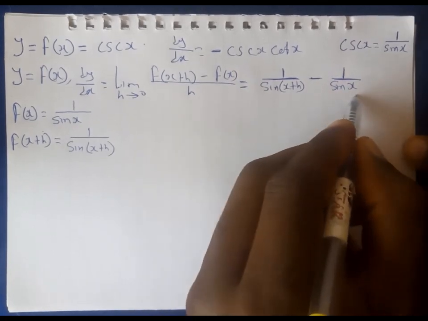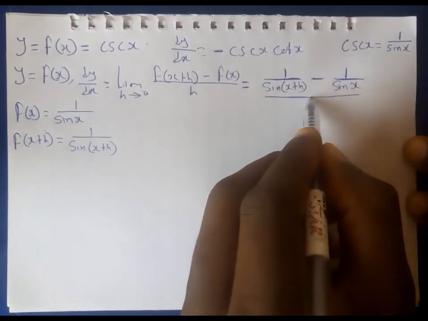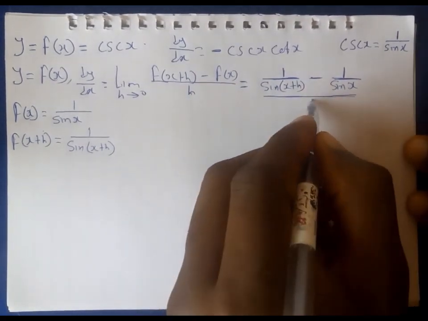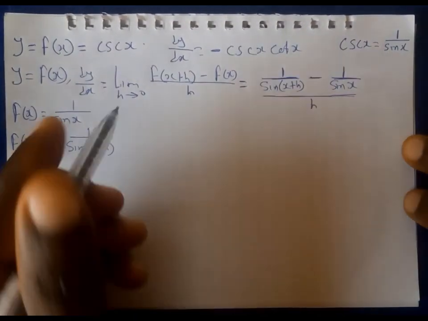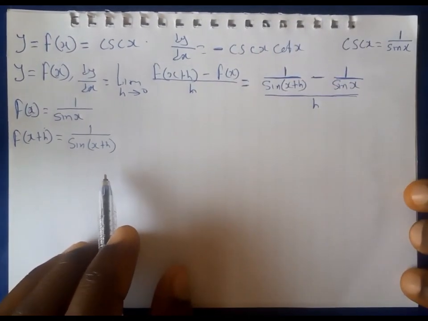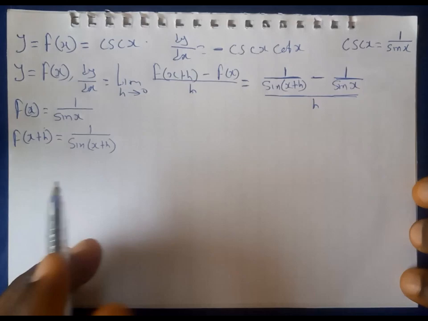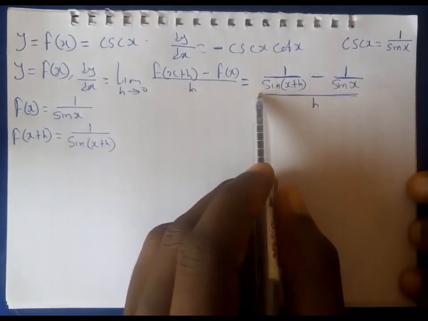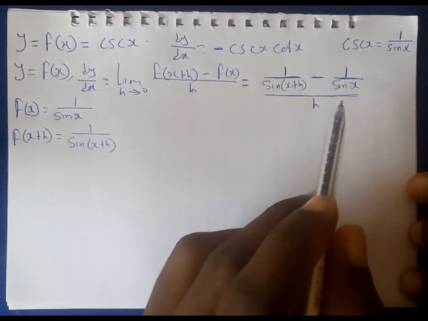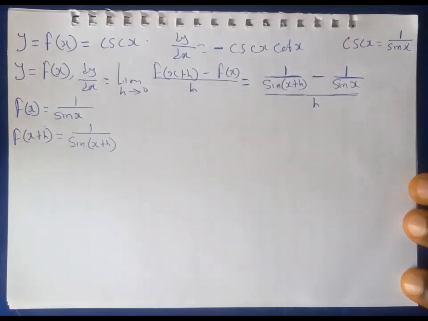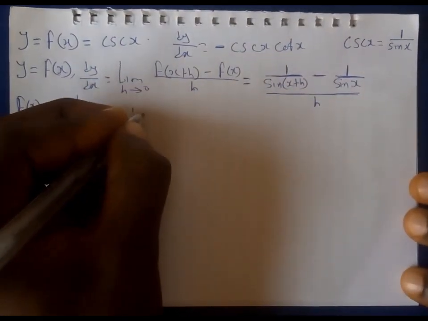Then entirely we have division of h, from the formula. Perfect. So don't forget the limit is still there. The goal now is to simplify this entirely. But before we make any substitution, let's simplify the fraction. I'm first going to change this number line division into a regular division. So therefore, I now have dy/dx